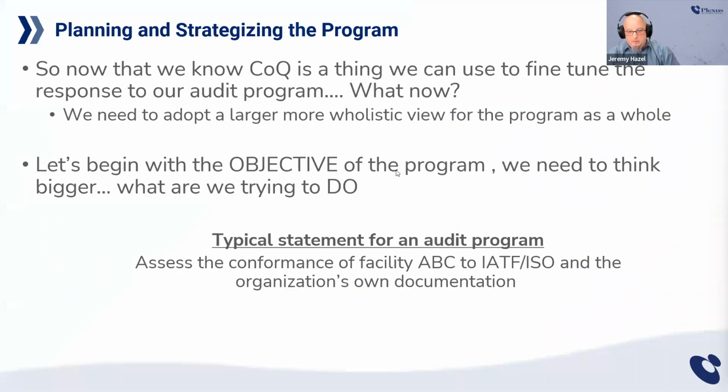So now that we know that cost quality is a thing, we're going to use it to fine tune our response to the audit program. Now, in order to do this, I want you to think of what you consider the audit program, and I want you to think more holistically. One of the first things that I teach people in any strategic planning, whether it's audit program planning or organizational programming, anything: objective is everything. Coming back to FMEA for the 5 T's, the first one is intent. Intent is objective, and objective is measurable.